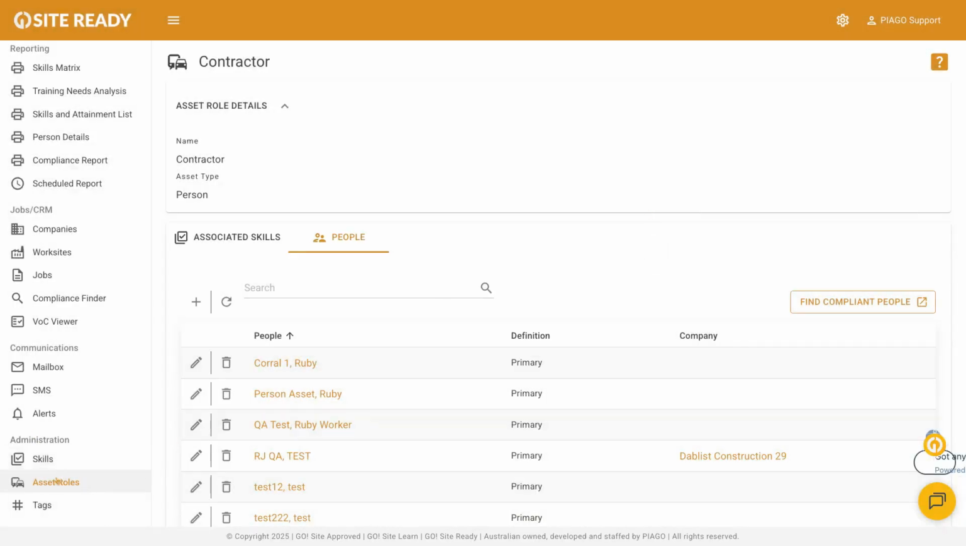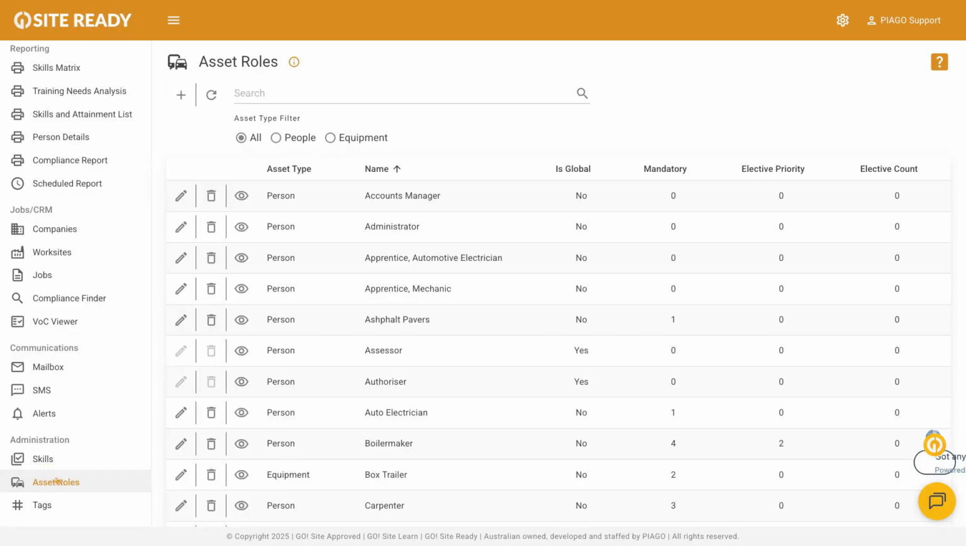And that is how you manage your list of asset roles. By creating these groups, you're building the foundation for powerful compliance reporting